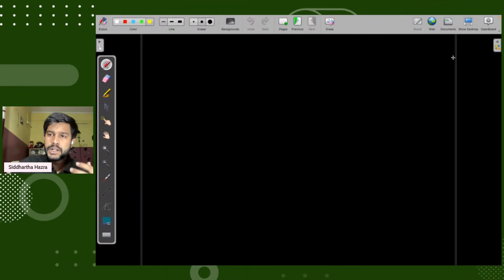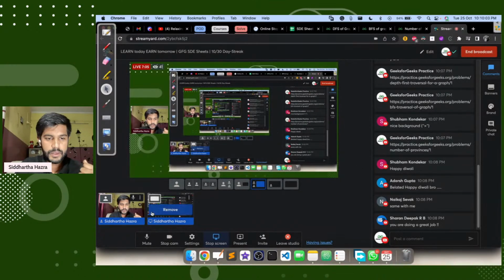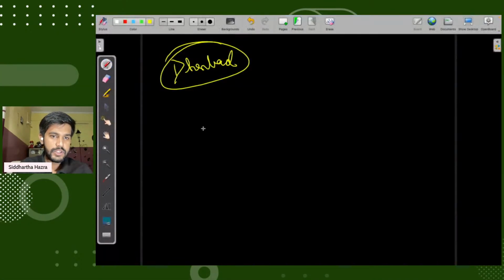Quickly tell me the state in which you are living. Then I would move forward because I would be using the network of roads. My city is Dhanbad. Quickly comment down your city, I would be using it. Shubham, Adarsh, Sevak, quickly. Okay, chalo, we have some, so let's take advantage of them.